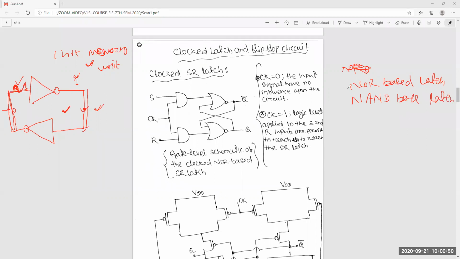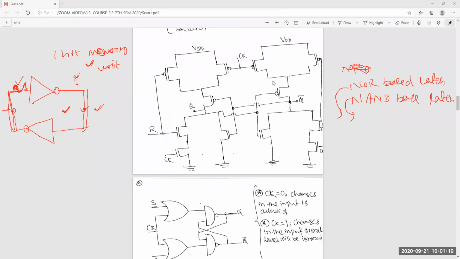So in NOR or NAND, what happened? There are two inputs. Here the inverter has one input, but this has two. One input we'll use for our back-to-back inverter, and the other input we can use as a controlling input, so that we can change the state. Whenever we change anything at that point, it will be reflected in our output. So that is the controlling point.